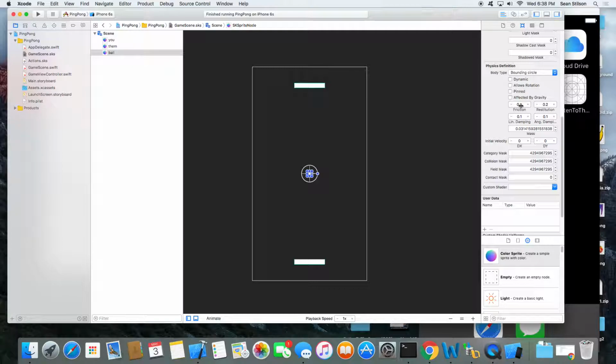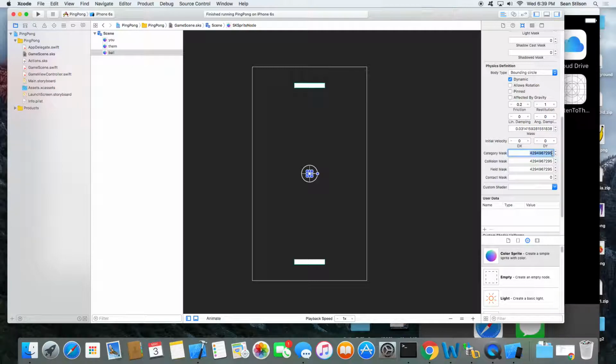Friction for the ball. Let's see. I had some variables I set for that. Actually, I think this guy does need to be dynamic too for the ball. Turn the dynamic on. Friction is 0, but the restitution, set that to 1. Linear dampening will be 0. I think I played around with linear dampening and it just didn't work real well. Mass is smaller because it's a smaller object.